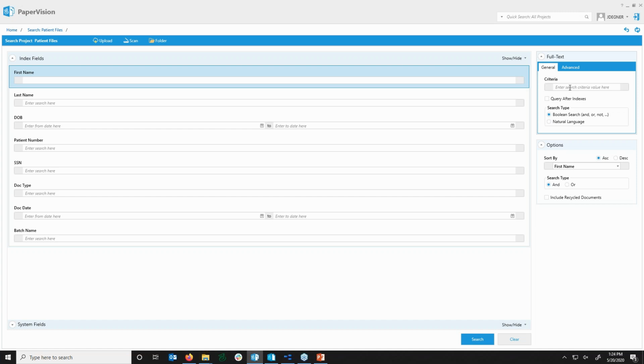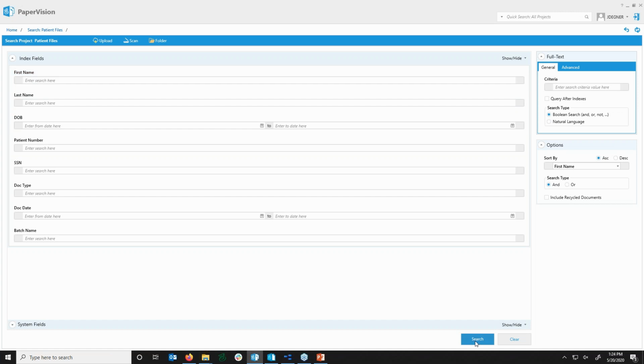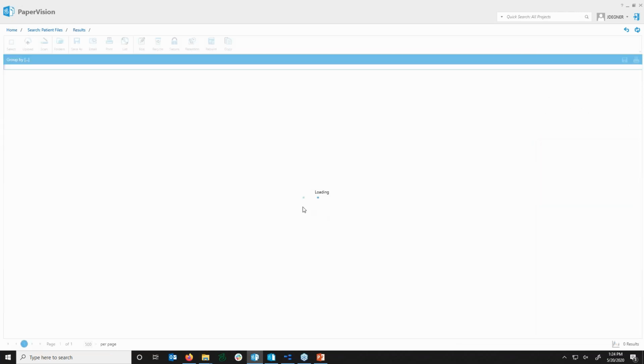So think like when you're looking at a PDF and you do a Control F, or a Word document and you look for specific words in that document, what you're doing there is you're searching through the full text layer. PaperVision.com is able to take that full text layer, load it in, and make it as a search option for you as well. When I do a search here, I'm going to pull up all the documents in this project,